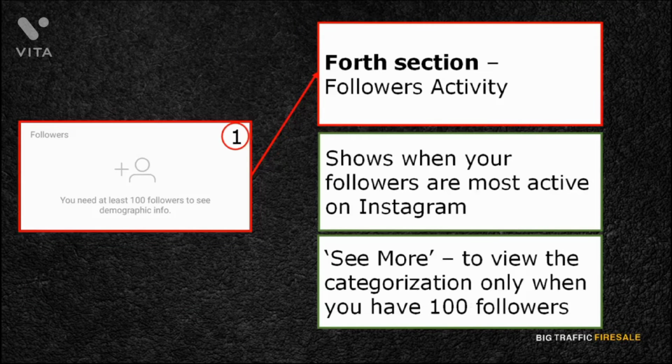The last section is the Followers Activity. This bar chart shows you when your followers are most active on Instagram. You can even tap See More icon to view the categorization. You have information of your followers' gender, age, and even location. Plus, you have a bar chart of probability on when your users are most likely to log in hourly and,